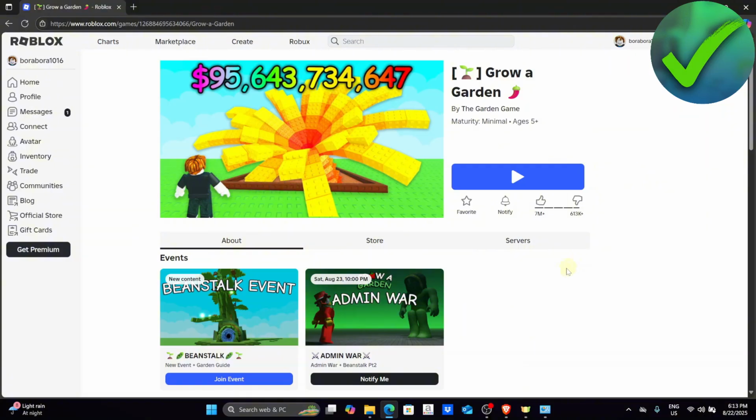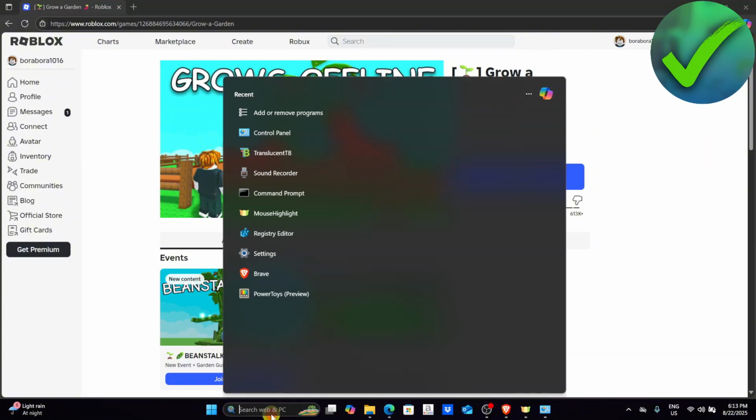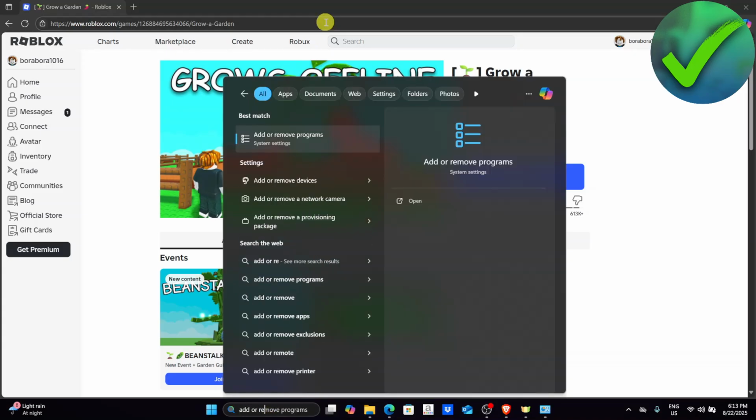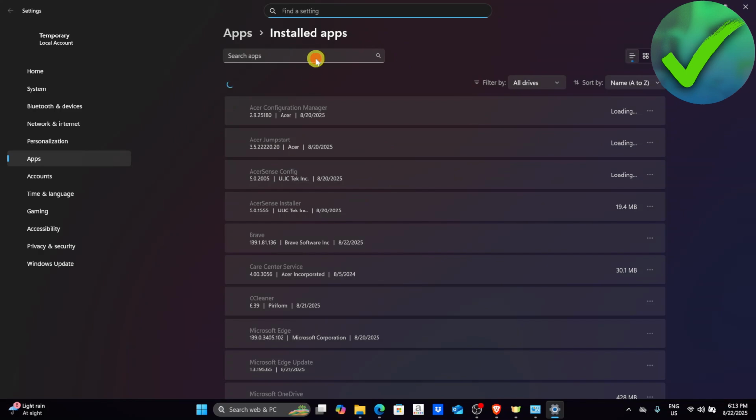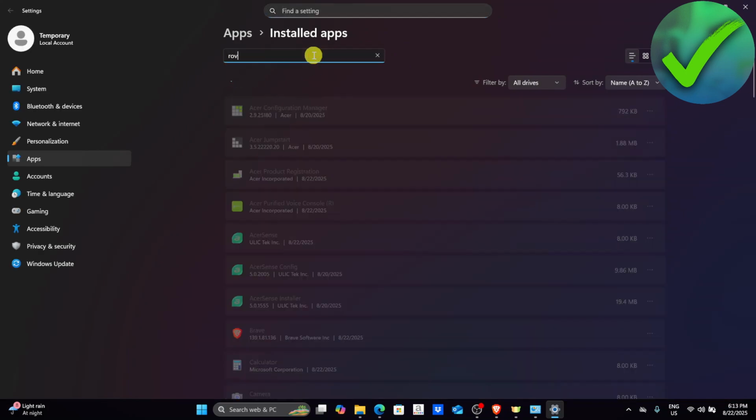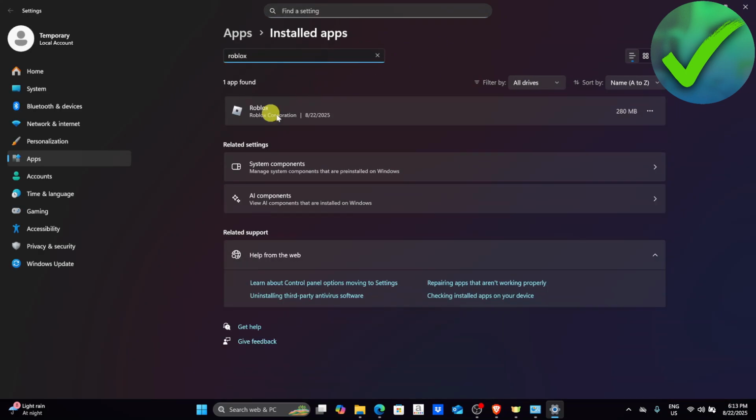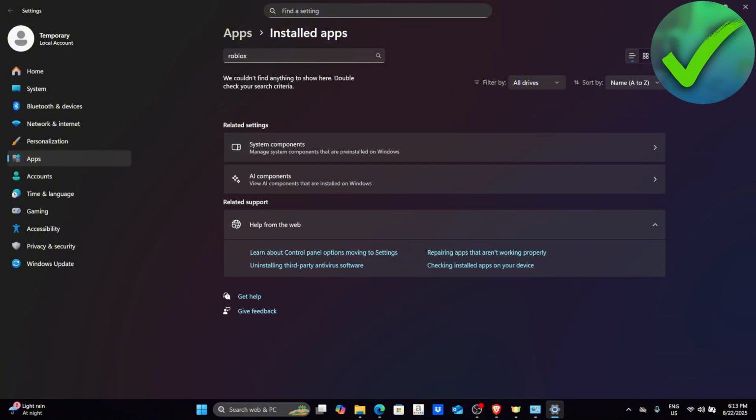So just go here on the settings and then search for add or remove programs, and then click this one right here. Once you do that, on the search bar, just search for Roblox, and then you will now be able to see this Roblox. So all you have to do is to click this three dots and then click uninstall. And then once it's been uninstalled, the next thing that we need to do is to